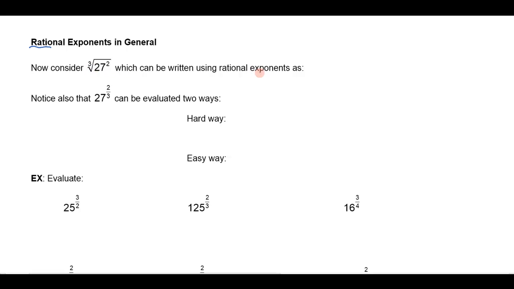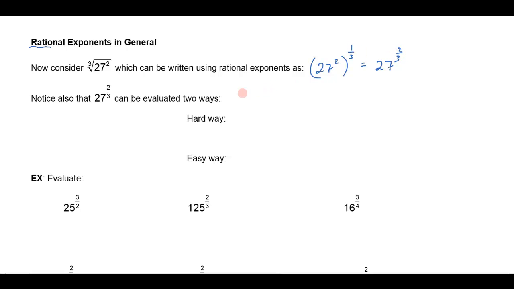can write that using rational exponents as 27 squared. And remember that a cube root is the same thing as raising it to the 1/3 power. So the 1/3 power is the same as the third root. And then by my rules of exponents, if I multiply those exponents, I'd get 27 to the 2/3 power. Okay, so now we can talk about fractional exponents where you can have any numerator instead of just one that